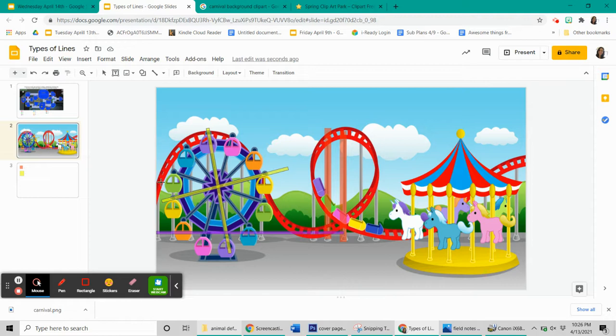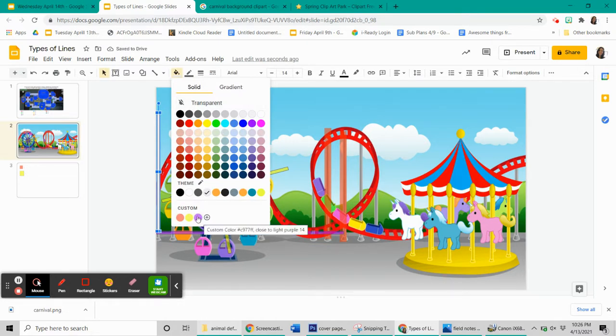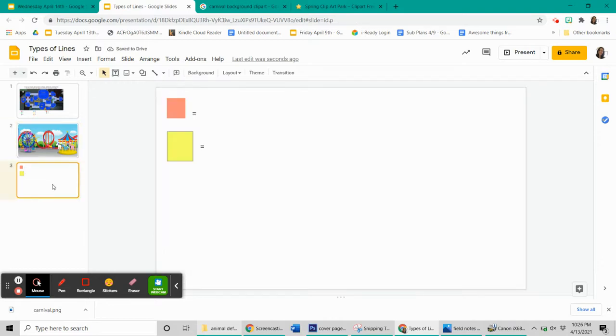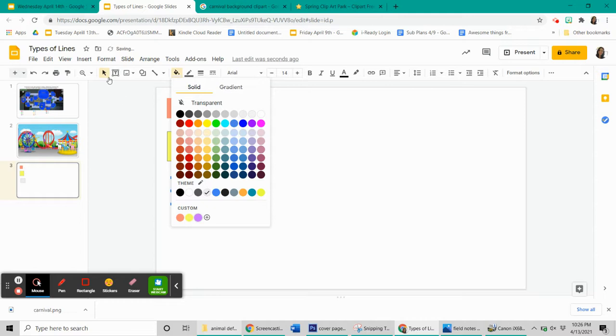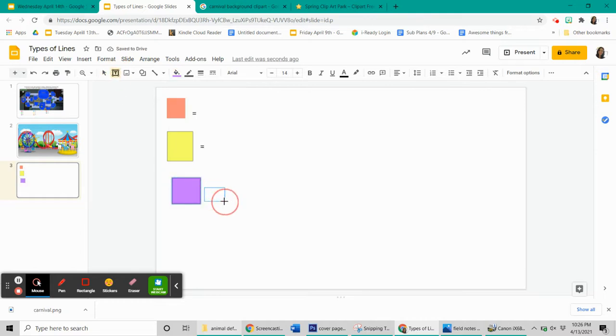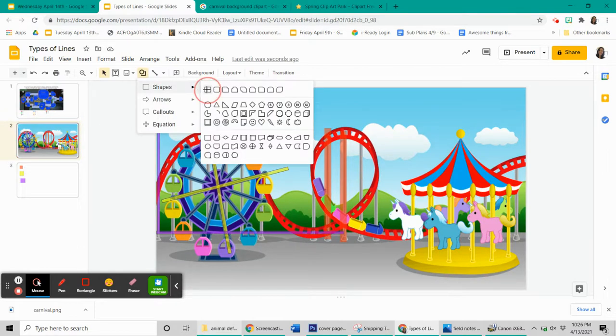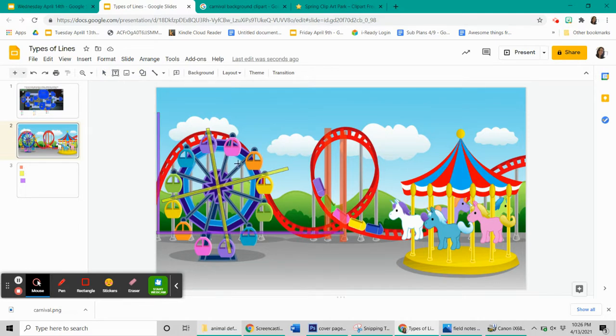picture. So you could do like a soccer field would be really cool, like a bird's eye view soccer field. You could find a piece of art. For example, Kandinsky is an artist who uses lines in all of his paintings. That would be really cool. Purple, purple, purple. So this is how you do this project. The Among Us map up there is just an example. And I do want you to only stick with straight line segments, because otherwise it doesn't actually fit with what we're learning. And I want you to try to find